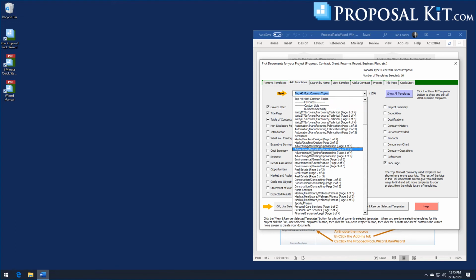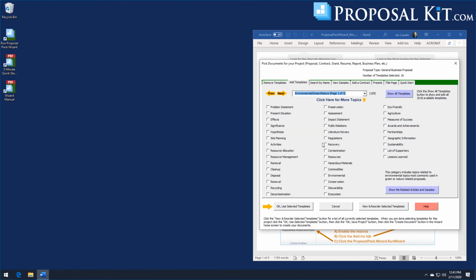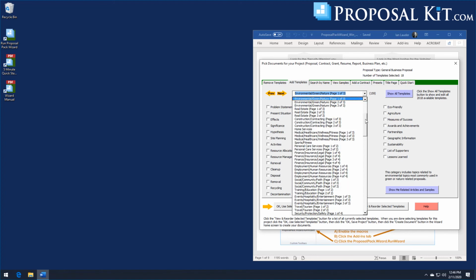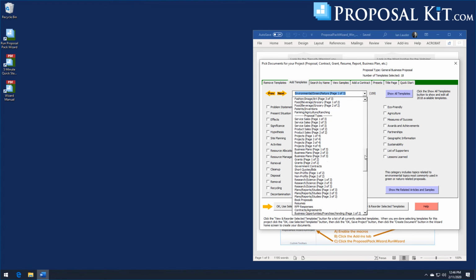So for example, we can go to the environmental pages of chapters. So let's say we need to add a literature review chapter. And we want to talk about conservation. So you can see out of the thousands of chapters, there's a few pages that are environmental green specific that you can add right from this dropdown. And any situation you want to find chapters for out of the thousands, you can come down to these dropdowns. So say if you want to look at grant specific chapters,